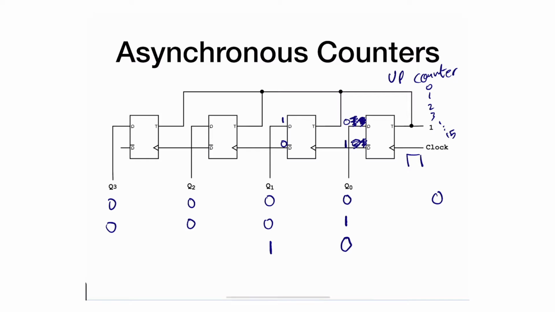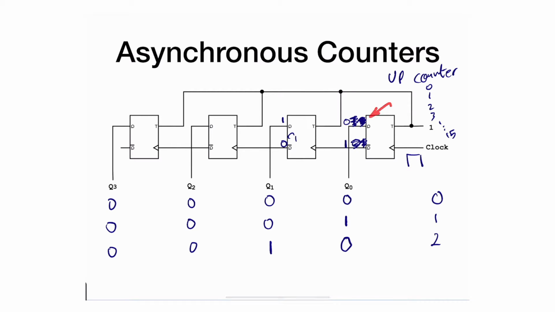Okay, of course, this was a 1 and became a 0, so it's still a negative edge, so this does not get activated, so the rest of the flip-flops here become 0. And as you can see, it is counting. This is 0, this is 1, this is 2, and you can probably figure out that the next count that